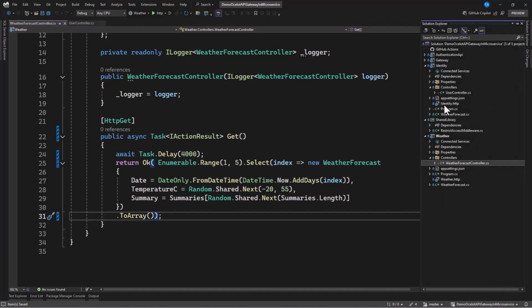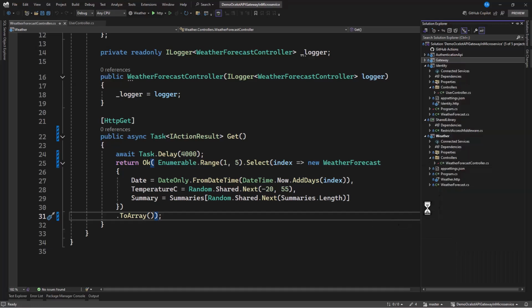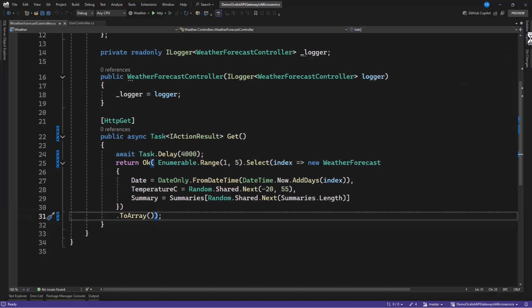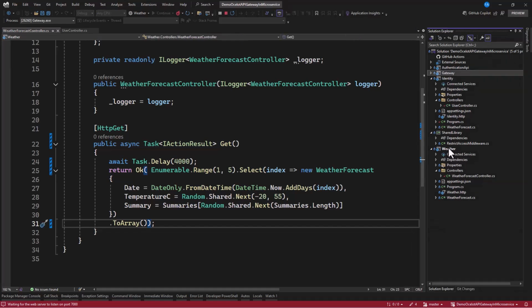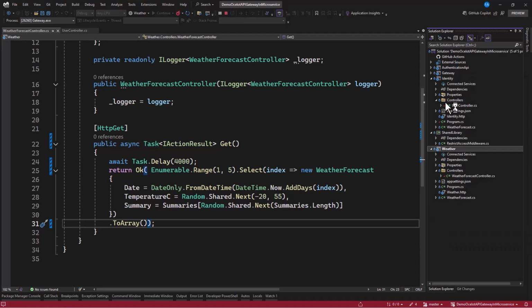So I'm going to right click on it. Let's start with the gateway. Then we're going to also run our identity and also the weather forecast. So our weather forecast is this. Let's run this. And also we're going to run identity as well.